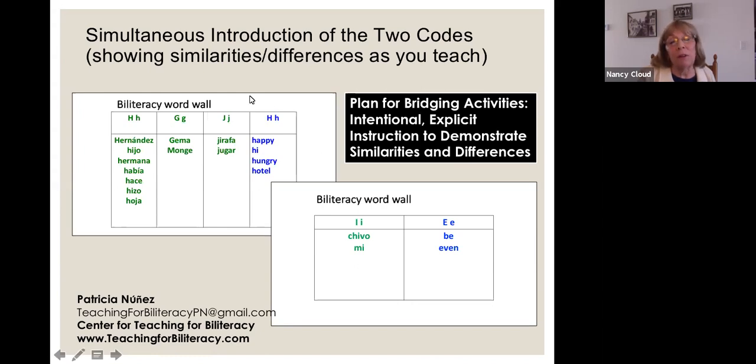So if we can show kids this difference, they start to go, I get it now, how the letters are different. Or down here, this I saw a lot. I was a bilingual teacher, a dual language teacher in San Francisco for 7 years. The kids had lots of concern, the two languages bumping up around vowels. And if they can understand the E is made in Spanish with an I, but the E in English might be made with just an E, right? Or E consonant E, or EA, or EE, or IE. It's crazy in English,